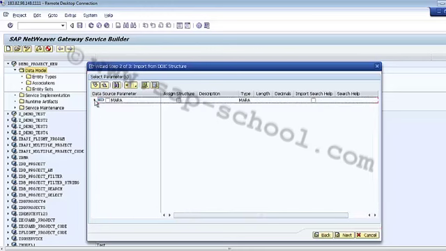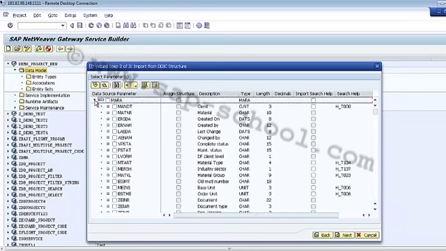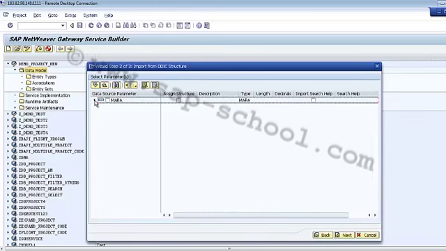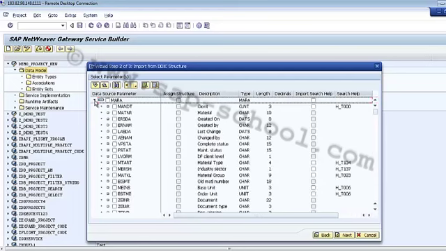We can collapse or expand it from this icon. Now after that we can select a few of the fields from here, like, say, a few of the columns of my MARA table.